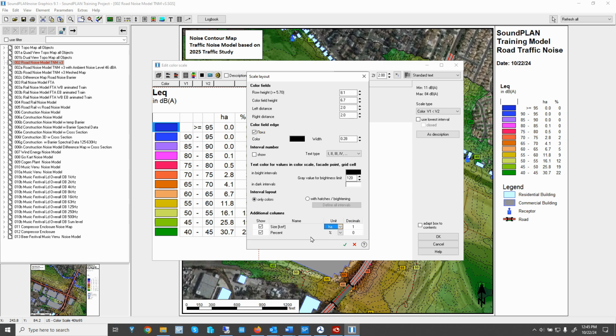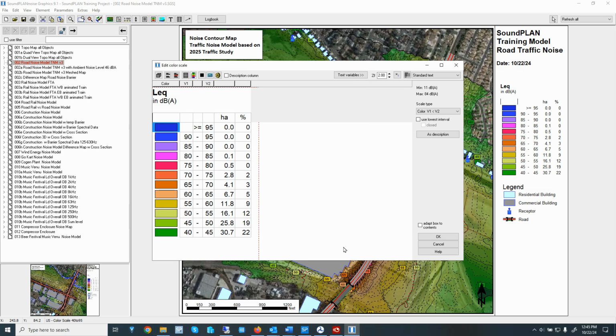The percentage, there's no change there. And then of course there's decimal places you can add. In this case, for the hectare, it would probably make sense to do at least 1 decimal point. For percentage, yeah, you round it up to the full percent. All right.